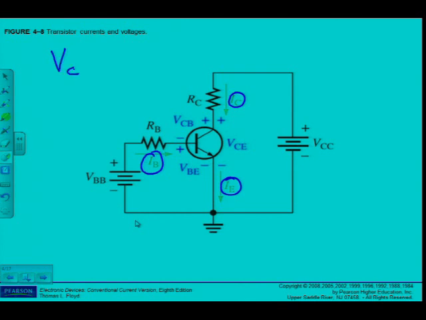Collector voltage. Voltage at the base, VB. Voltage at the emitter, VE. Please take note again, these are capital letter subscripts, so it indicates DC voltages. If I give you a single subscript letter and you have to do this practically, say I ask you to